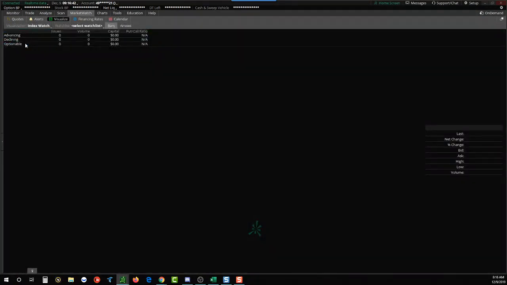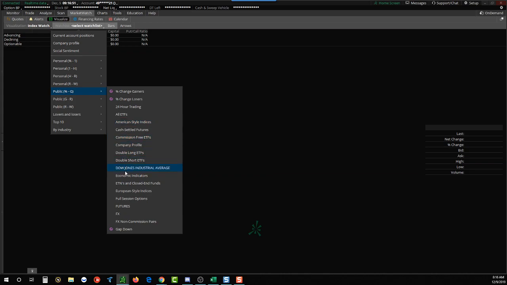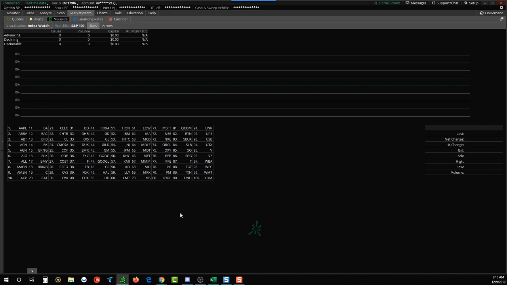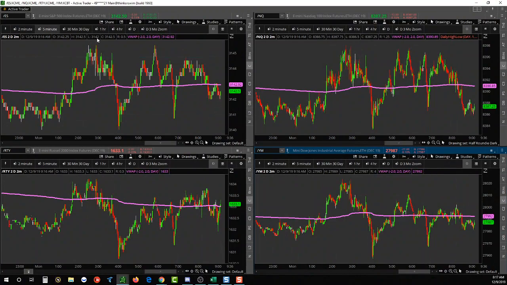So if you haven't seen how we do this, go into Market Watch, visualize, set the watch list to one of the 4 indexes. I've got to admit that the Dow Jones is the easiest one to start with when you're beginning to analyze market breadth like this, because there's only 30 stocks in it. But using the S&P 100 would get you the farthest in the way that all 4 of the markets correlate. But you can detach this screen, and then you can set it on your 4-part so that each one of your 4 indexes has that AD, and then you can watch it